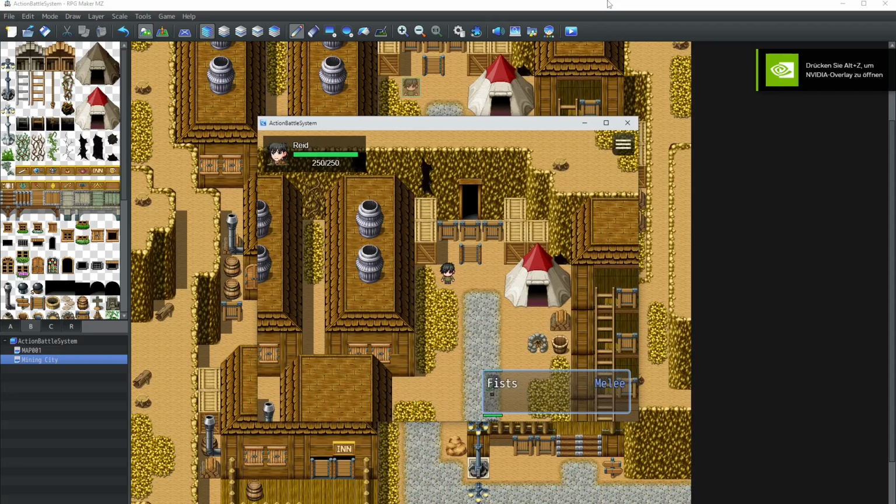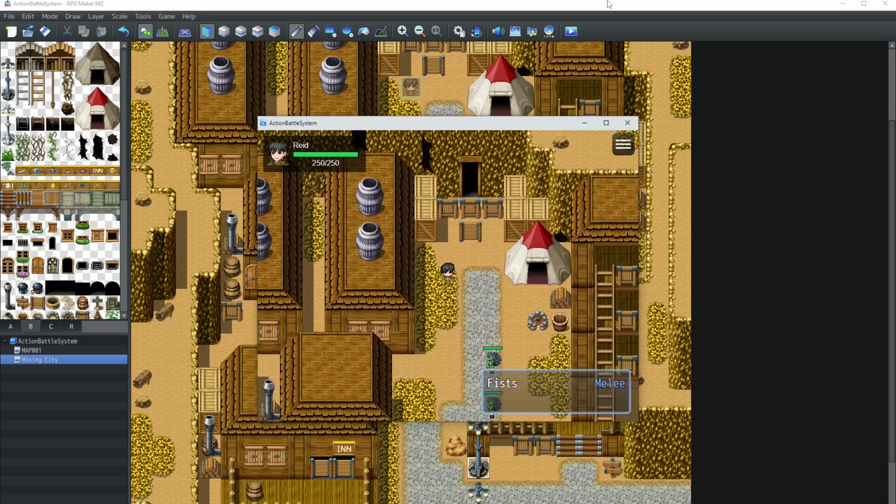Hello and welcome back. Today I want to give you a quick look into my action battle system with melee and ranged weapons, and also a UI for health bars and selecting your weapons. So as you can see, here we have the health bar, which you can also set to this type of health bar like the monster has. So the player could also have a health bar over that, and you could